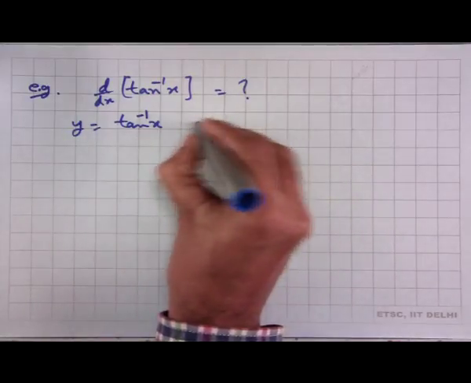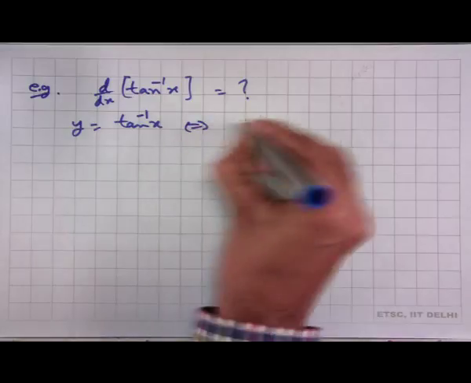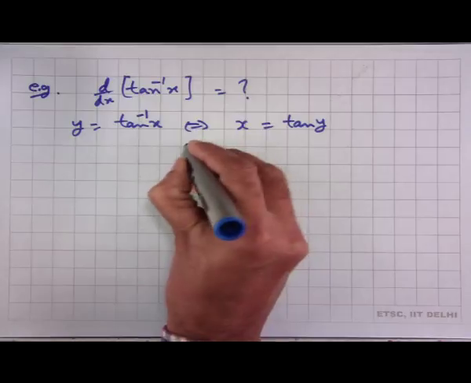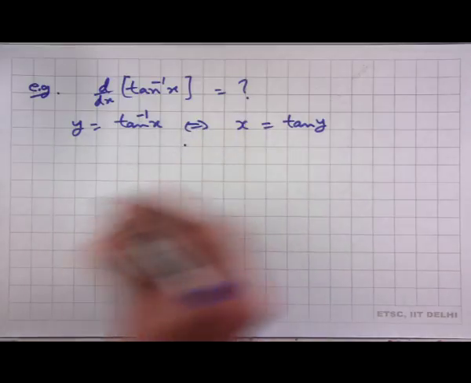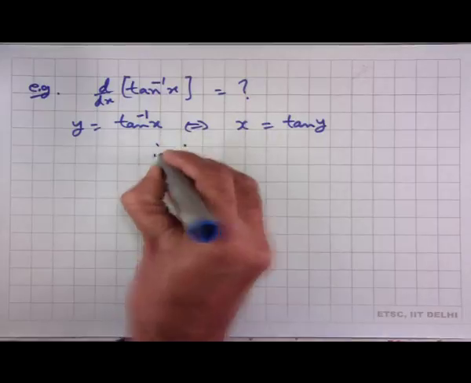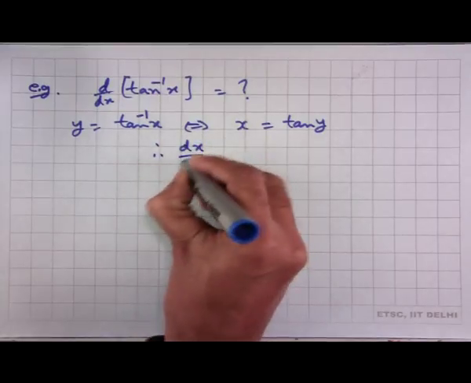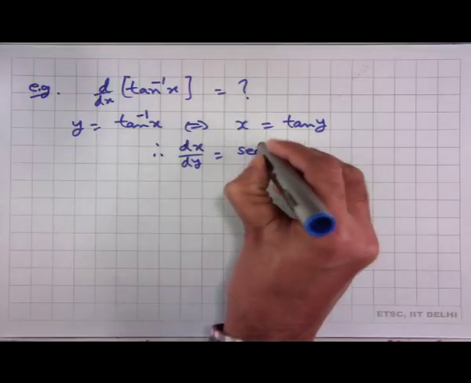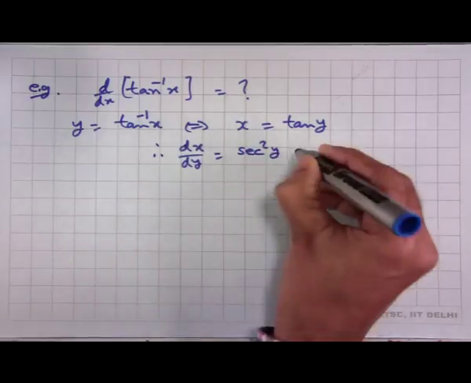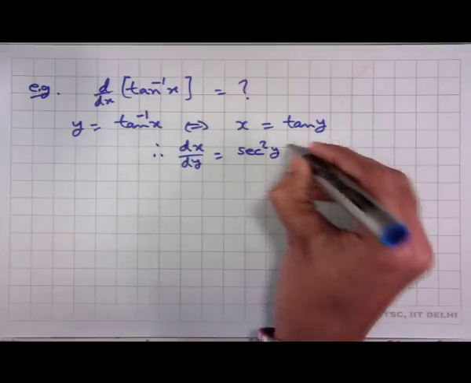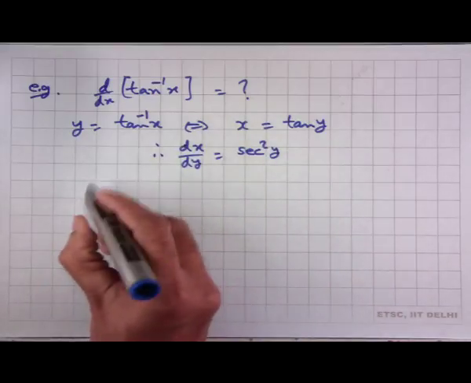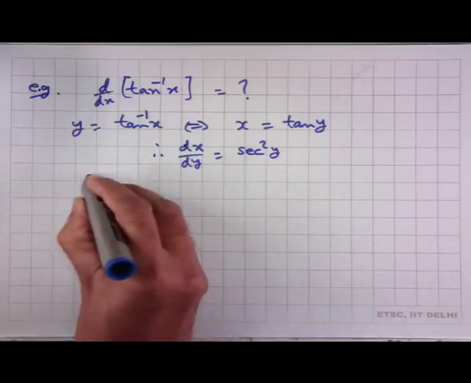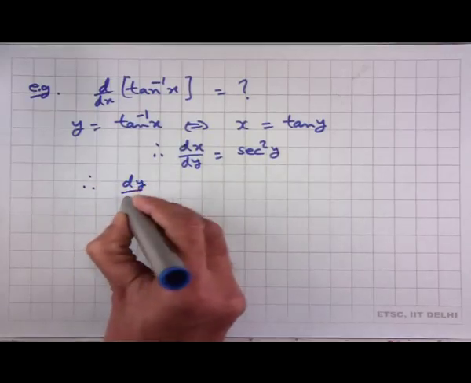So, sometimes it is easier to write this is same thing as writing x equal to tan of y, and therefore, if I write dx dy, this is equal to derivative of tan y gives me secant square y. So, therefore, dy dx,